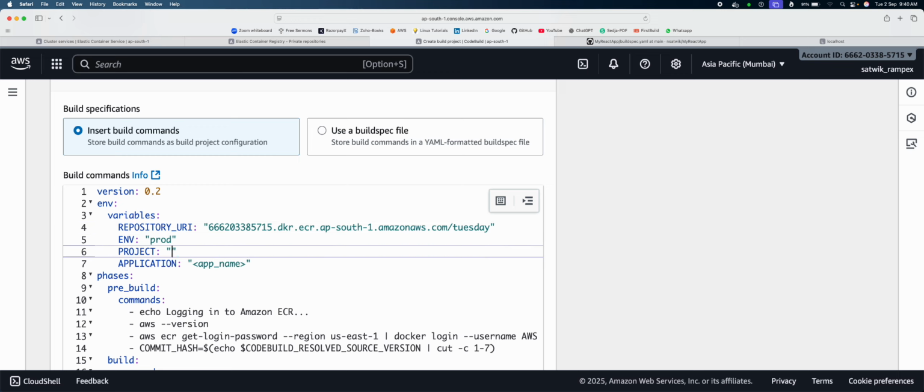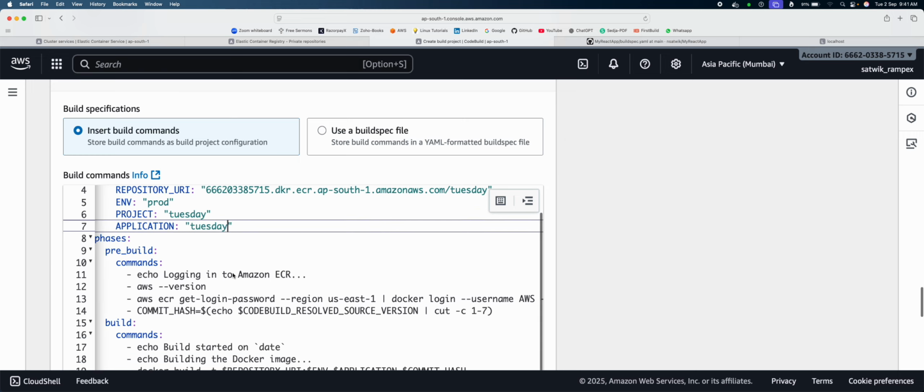So provide a project name. Project name will be Tuesday. Let's keep it simple. And even application also, let's use Tuesday. So guys, while you are practicing now, use a common name for everything so that you don't get confused if any existing services are also there. So use a common name for everything, for image, repository, application, for everything use a common name. So application is Tuesday, and next